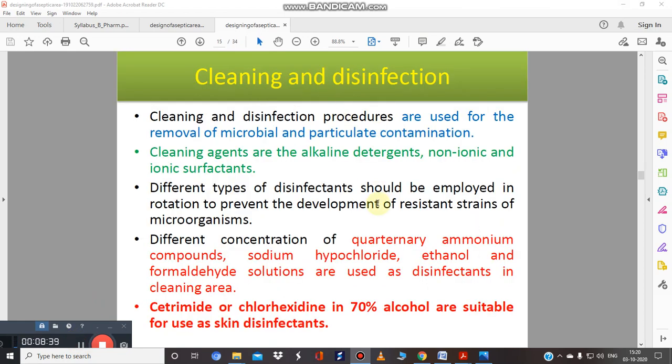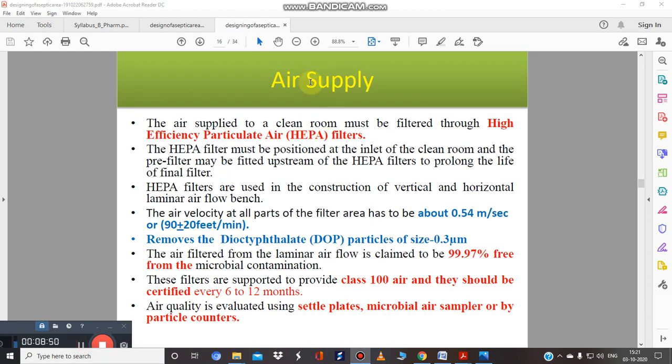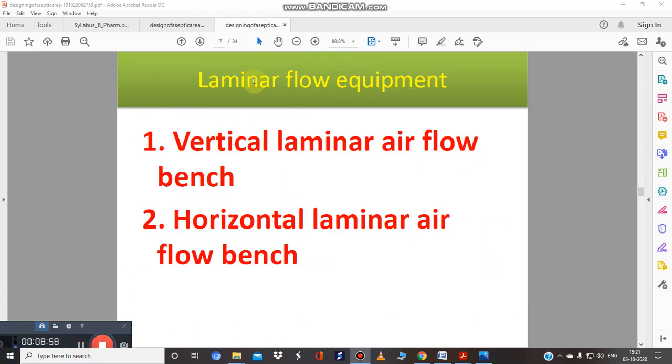Disinfection: use different types of disinfectants for cleaning purposes, like quaternary ammonium compound, sodium hypochlorite, ethanol, formaldehyde solution. They are generally used as disinfectants. Of course, for the air supply, you need HEPA filters, which provide 99.97% microbe-free air. For laminar flow, we have already covered horizontal as well as vertical laminar airflow.